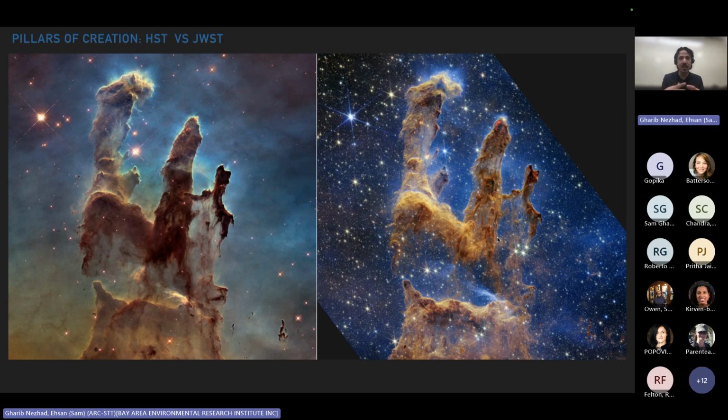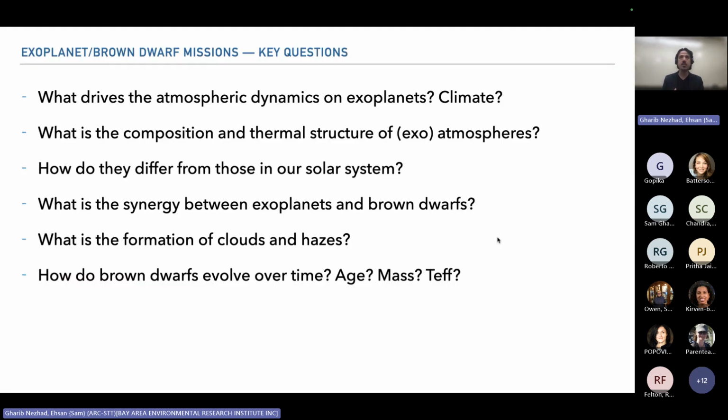And you can see we have data in different regimes, in UV, in infrared, and that requires a lot of expertise. We need models, and we need to train the machine to understand and answer